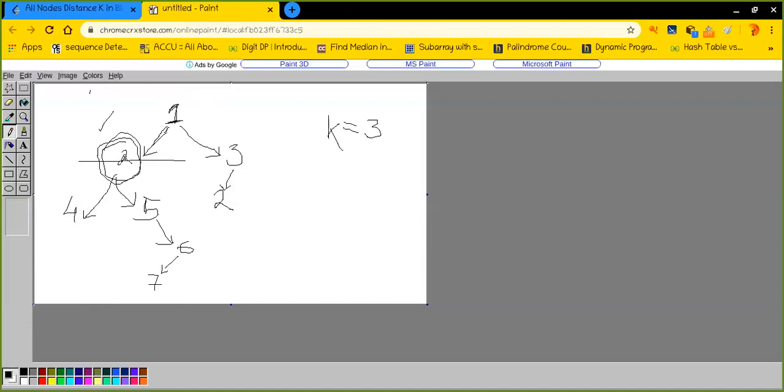I will only try to store those nodes which are really important to get those values. So for 2, I know that 1 is my parent. Similarly, for 1, there is nothing, because 1 is the original root node. Anyway, for 3, 1 is the parent.